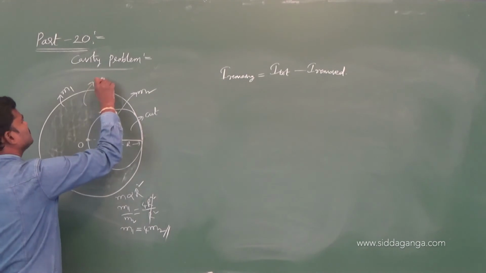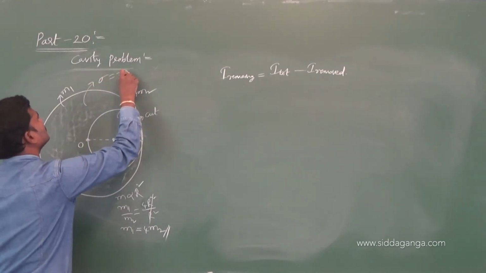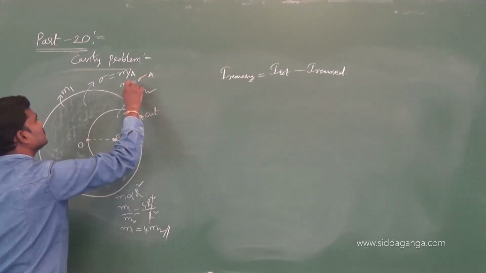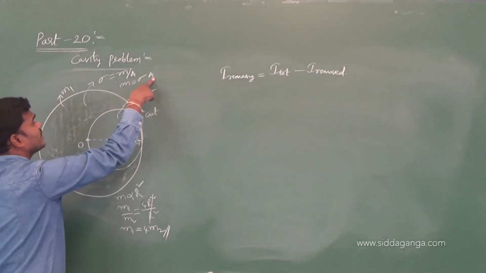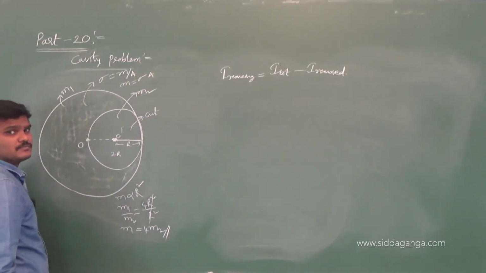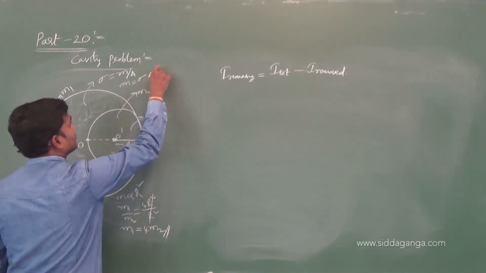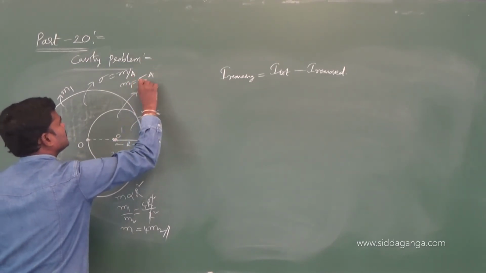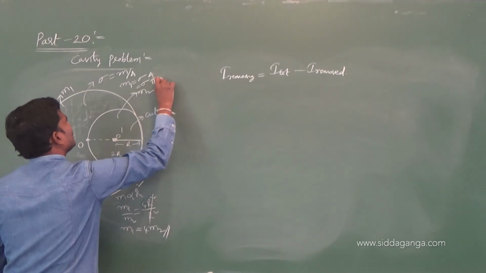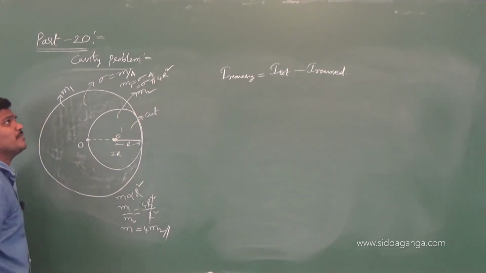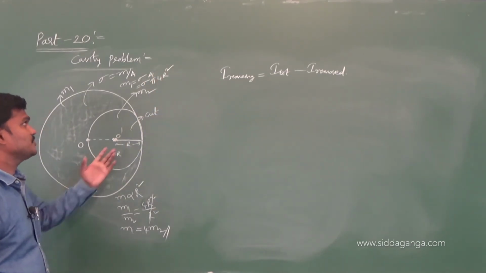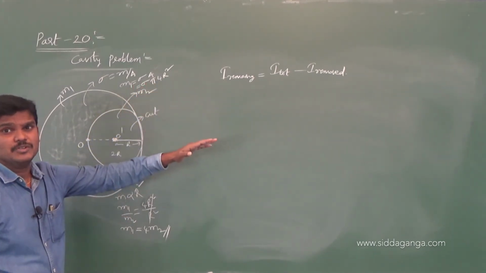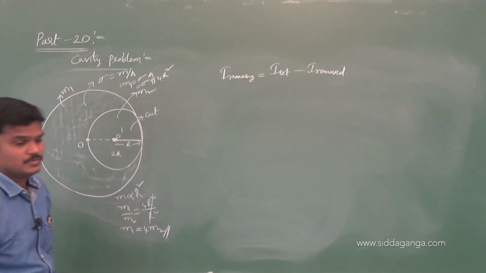But anyhow sigma is there, sigma is equal to mass by area, mass is equal to sigma into area. So if you want, m1 is equal to sigma into area. What is the area of m1? Pi into 2r square. Okay, m1 is equal to sigma pi 4 r square. In the options, if you got m1, you change m1 as sigma 4 pi r square. If you got m2, you change m2 as some other value.